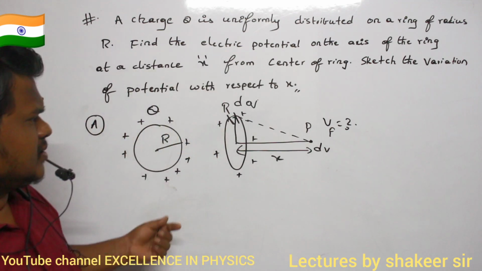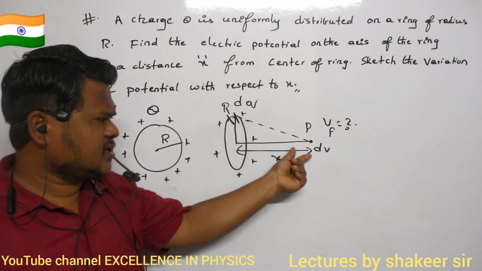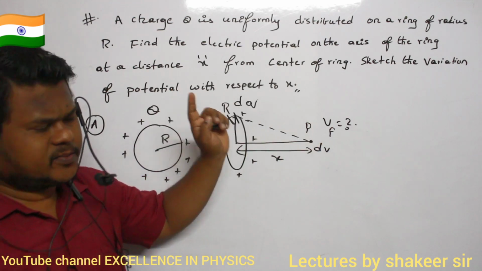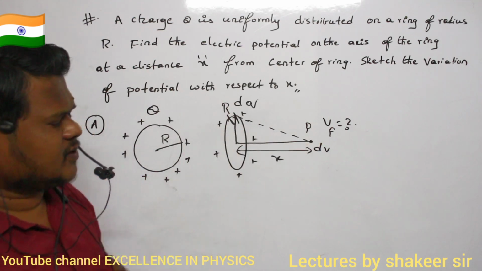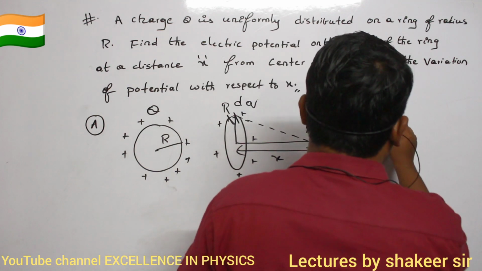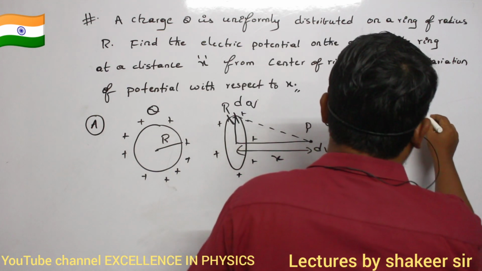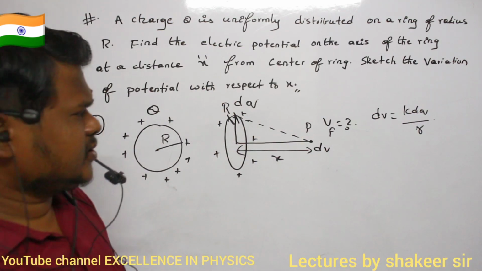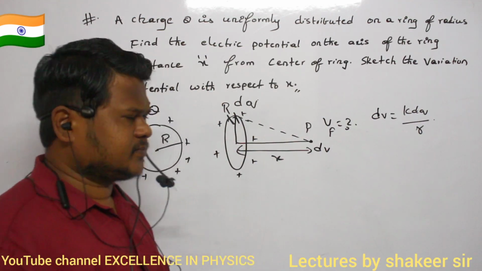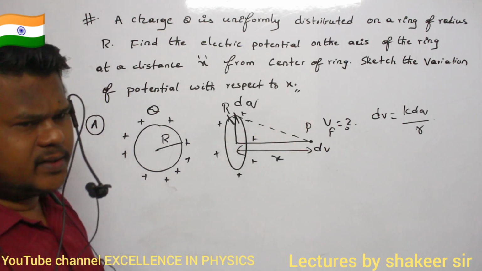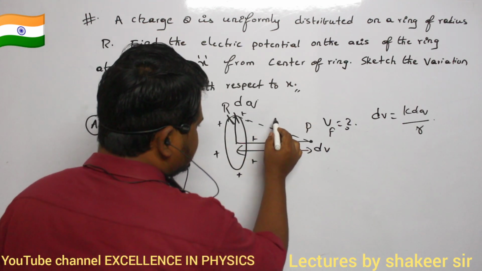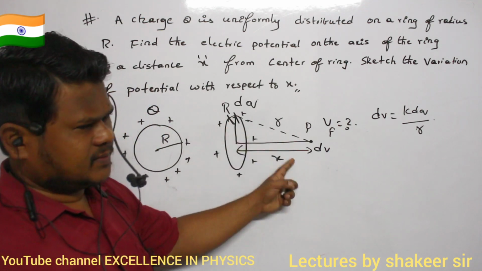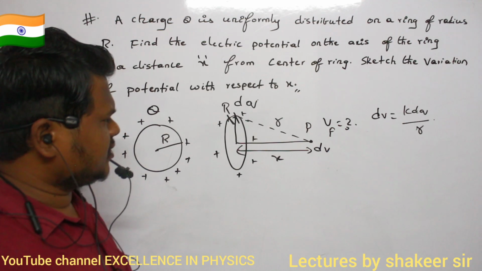Can I say like this? So because of this small charge, a small potential will be developed at this point, because at this point only I am supposed to calculate potential. So here a small amount of potential will be developed, and that dV, how can I write? dV is equal to k dq divided by r. This is the equation, no? For potential due to a point charge, V is equal to kq by r. For dV, k dq divided by r. Clear? And what is this distance? This distance is nothing but r. But is the r value given? R value is not given, no? Then how can I find out the r value?